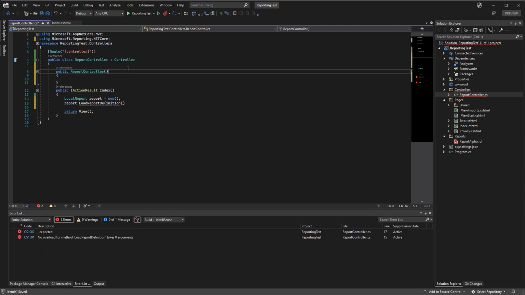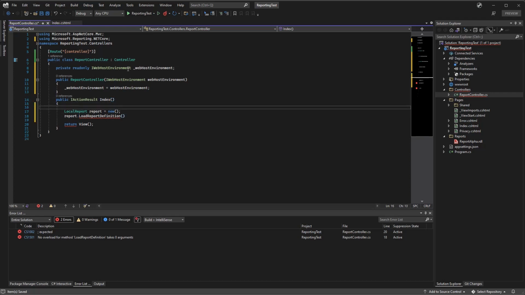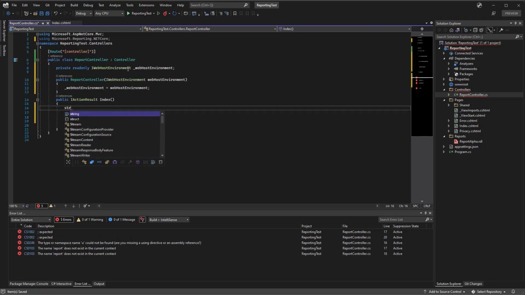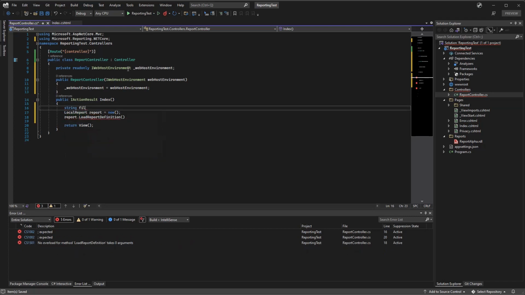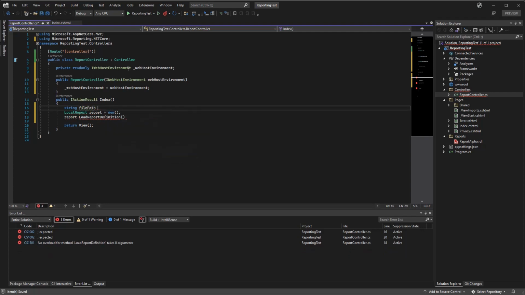So we are going to bring in the web host environment. This will tell us what folder we're running in. We'll go ahead and dependency inject that guy in. That'll let us go ahead and get the path to the file. So we'll just create the file path, and we'll see if we can spell that,